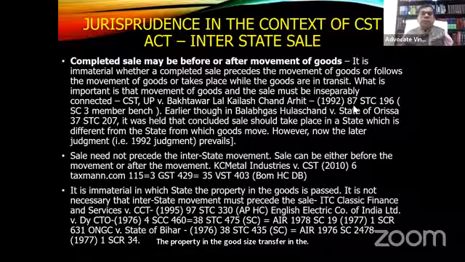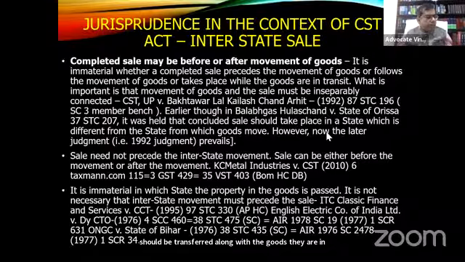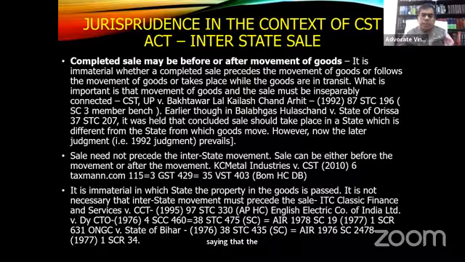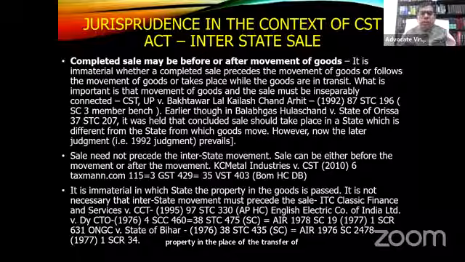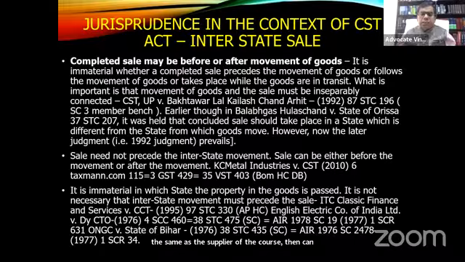Yes, somebody has answered that the property in goods should be transferred along with the goods. They are inseparable and cannot be bifurcated. Yes, I'm not saying that the property in the goods has to be transferred or not. Obviously, for a supply to be completed, the transfer of property in the goods is a must. But my question is about the place of the transfer of property. If the place of the transfer of property is the same as that of the supplier of the goods, then in such a scenario can IGST be levied?